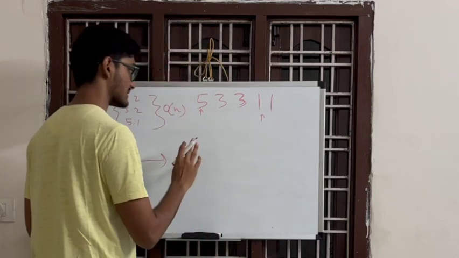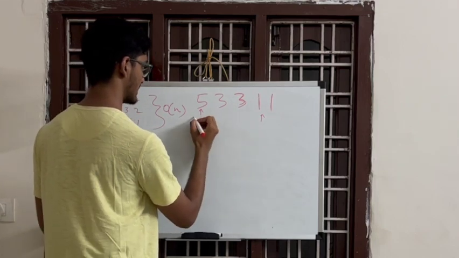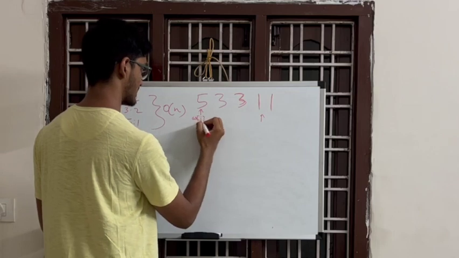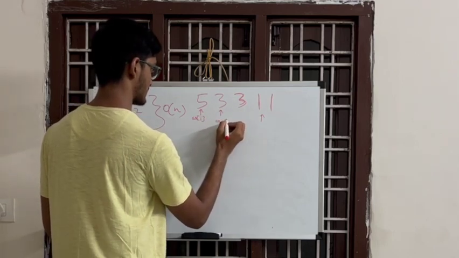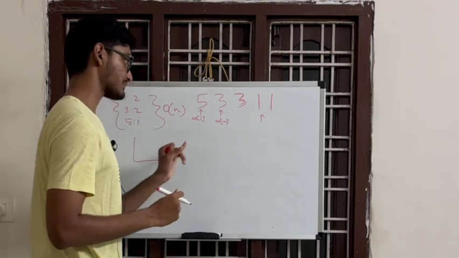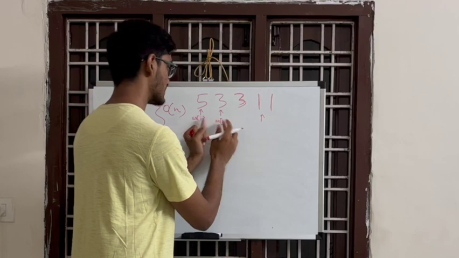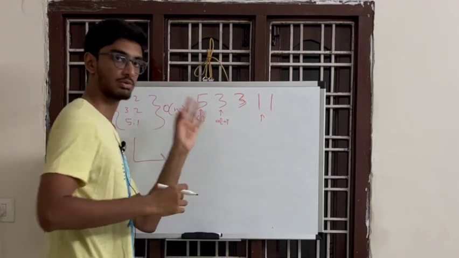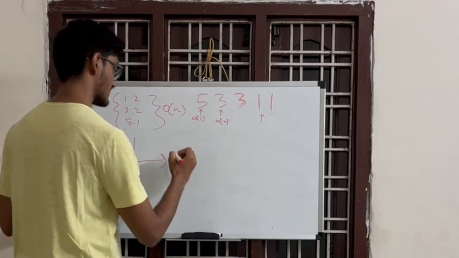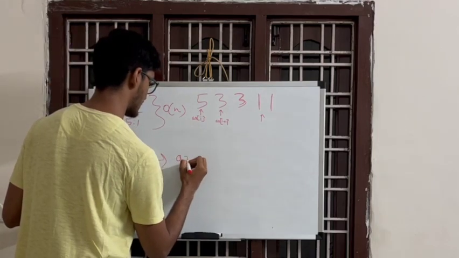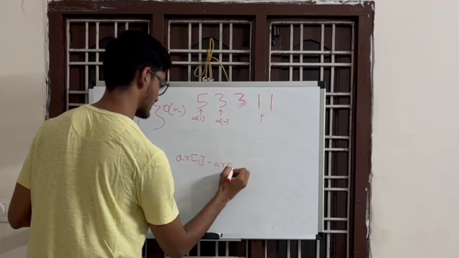For each element I, let's take ARR of I and ARR of I plus 1. We'll subtract this number from this number, since that's what we're doing. 5 minus 3 will give us the number of ones. So what we'll basically get is ARR of I minus ARR of I plus 1,